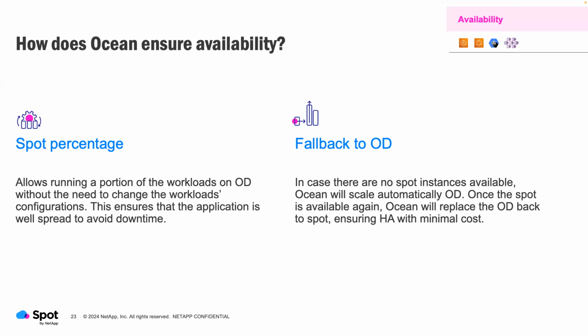Most clusters from customers would have this selected. For the clusters in my demo environment, I turn it off because I don't care if my instance disappears, it's just a demo lab. But for anything that's production or non-prod or QA, we want those resources to be available and clusters to be up and running. So if we have to pay on-demand rates in that case, that's just the way it has to be. Whenever those spot markets do recover and become available, we do swap those instances out again.